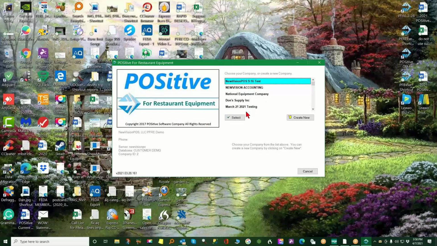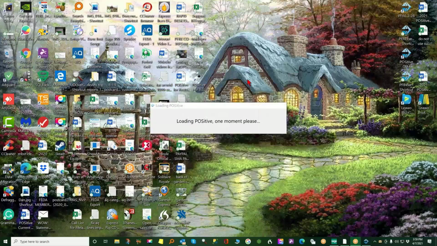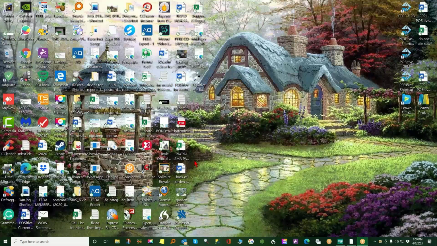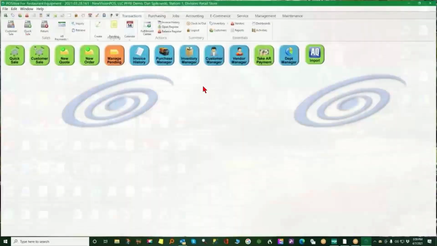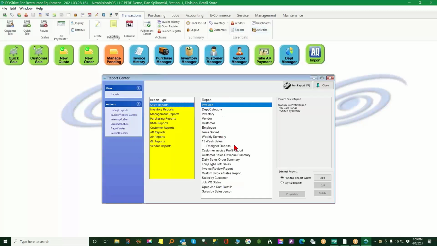Okay, so let's check this one here. As I say, every person has security on what things they can and can't do, and their login is what controls that. So if we go into our reports,